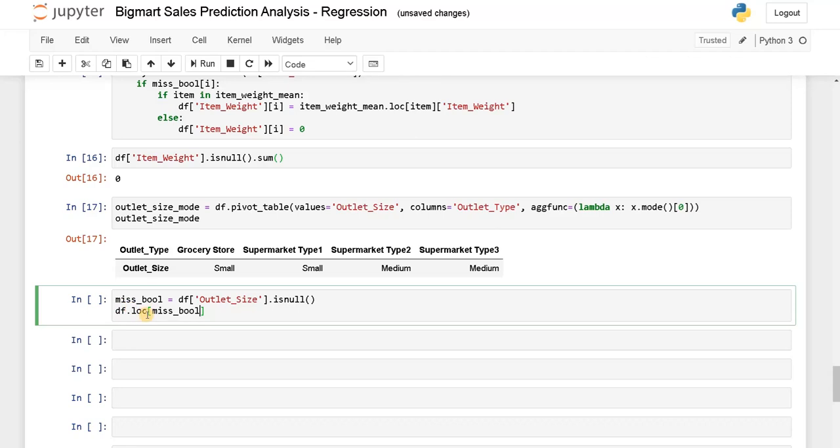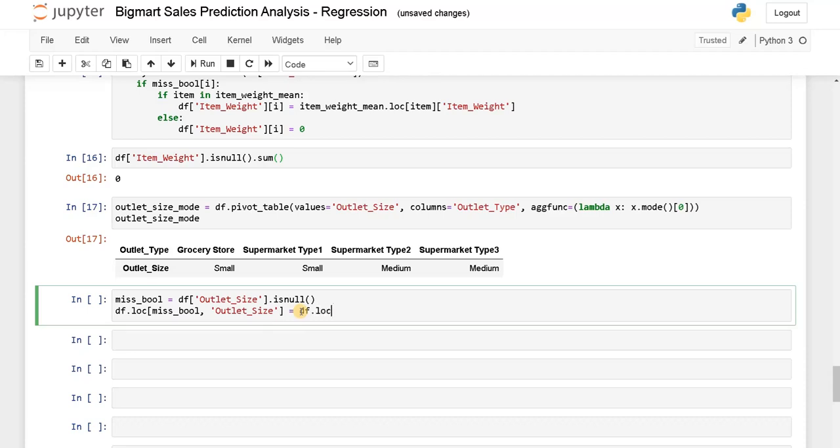So in this loc operation in the subscript, we can define a condition here, but we have the Boolean values. So we can directly input the Boolean values. Apart from that, you can also specify some conditions here directly. So comma, we are going to store the particular column, that is outlet size. It will automatically get that particular column, that is outlet size, and check if it's true, it will directly assign this particular value on the right.